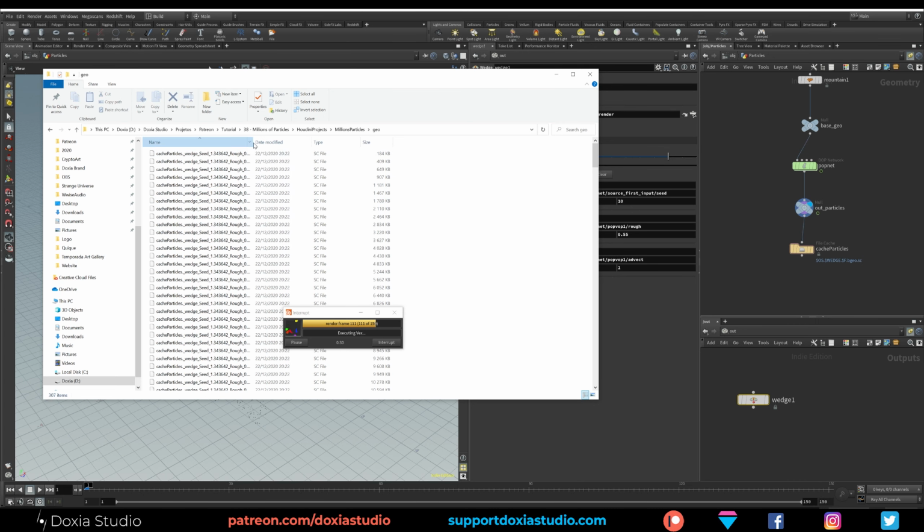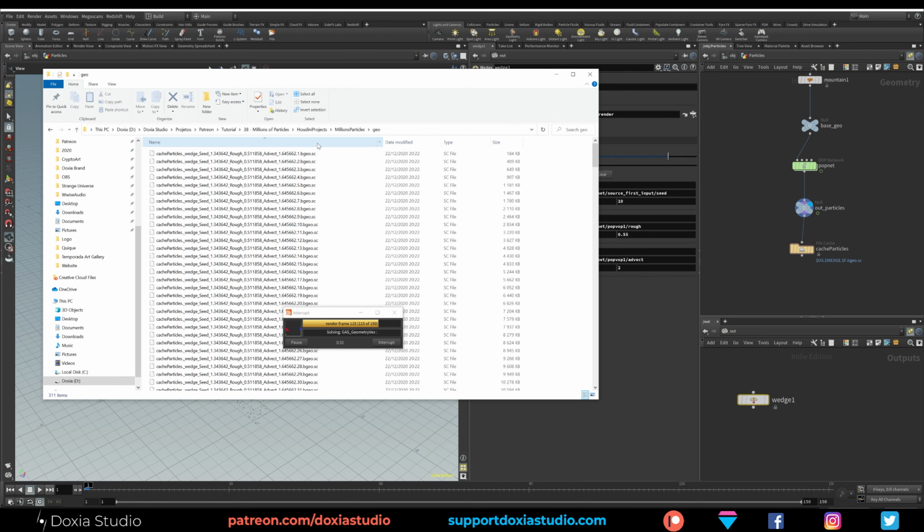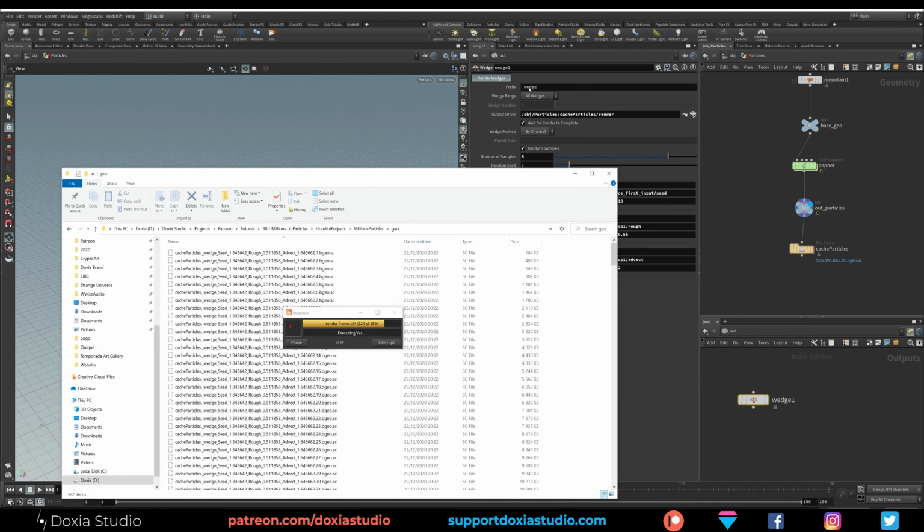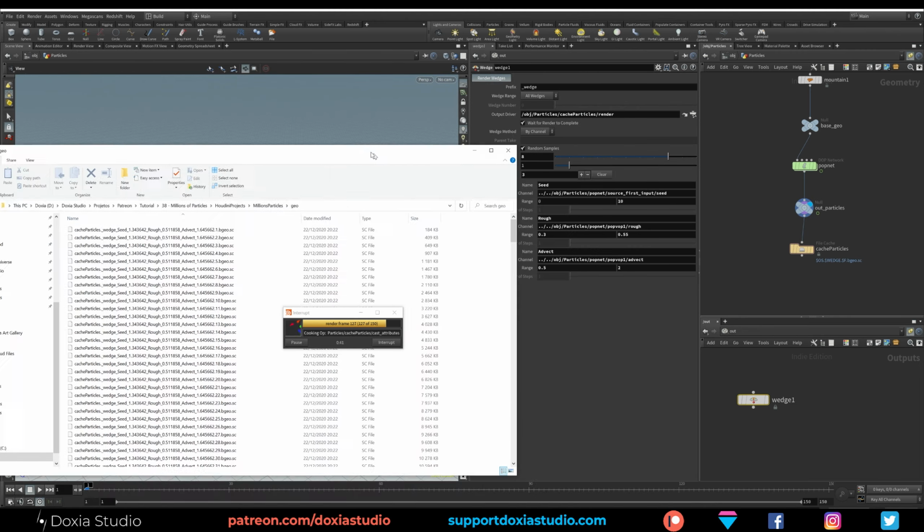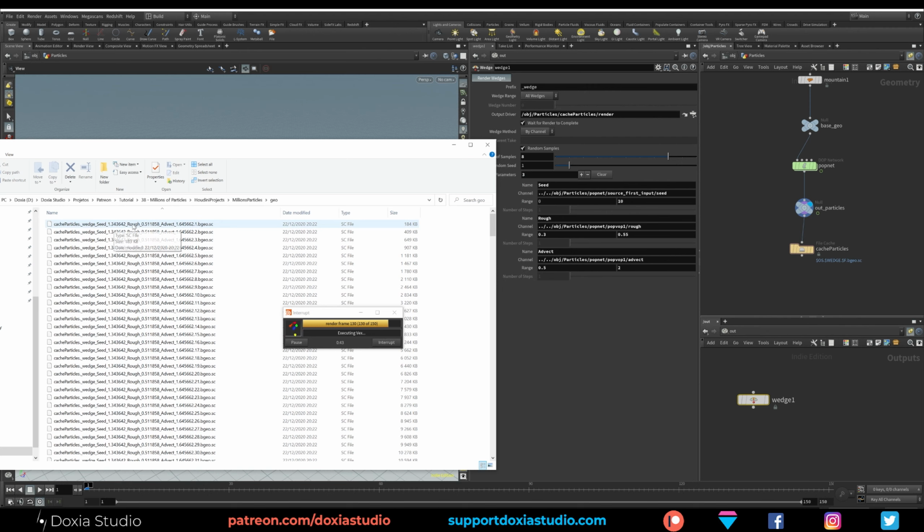As you can see, we are saving the cache particles, underscore wedge, which is the name of our wedge. Then we have the name of each parameter: seed and the value it is taking, the roughness, our second, the value it took from the random, and the last one, the advect.